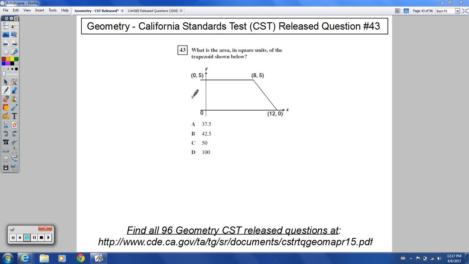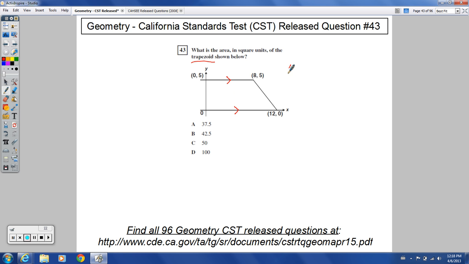Welcome to release question number 43 for the geometry CST release questions. It says, what is the area in square units of the trapezoid shown below? So we can assume this is a trapezoid, and we know that trapezoids have one pair of parallel sides, and